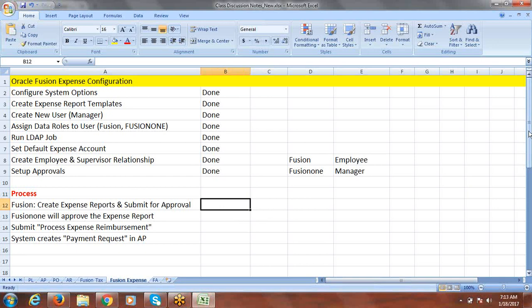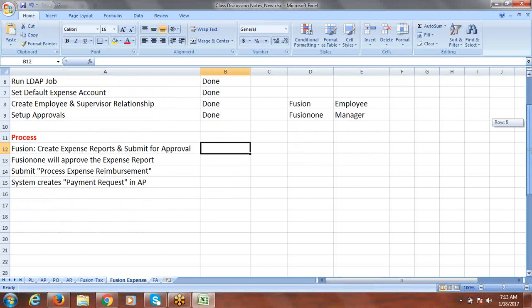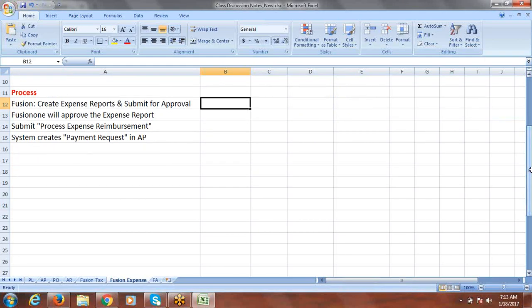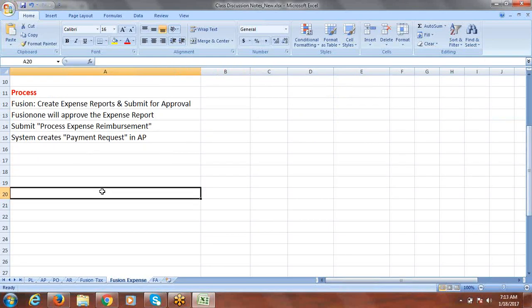What I did is, before taking the Fusion Expense class and all, I tested in the same environment by creating different users. That happened, I'm sorry, I think last week. Last week I tested in the same environment. I have a user I created as a